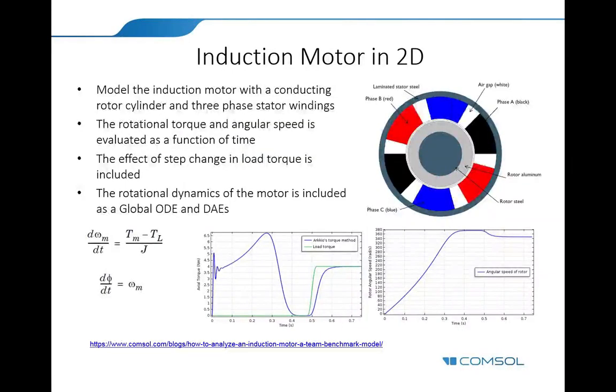Now from generator, let's move on to the motor. This is the induction motor example in 2D. It's one of the TIM benchmark models where we have a stator with a 3-phase current and laminated steel, and we have the rotor, which is aluminum and steel, both conductive. In this particular example, we have also included dynamics, that's the angular speed of the rotor, and also the electromagnetic torque, load torque. As you can see here, this is the electromagnetic torque as a function of time, and